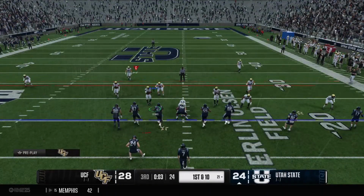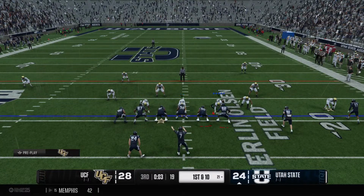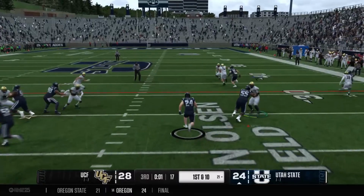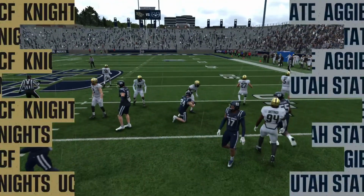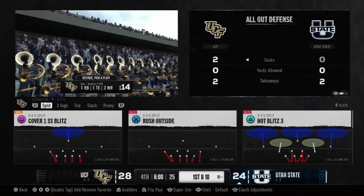Time for one more snap before the end of the quarter. From the shotgun, the handoff to the back. They get him on the ground, and that'll be the final play of this third period. If you like old school running games, this is...